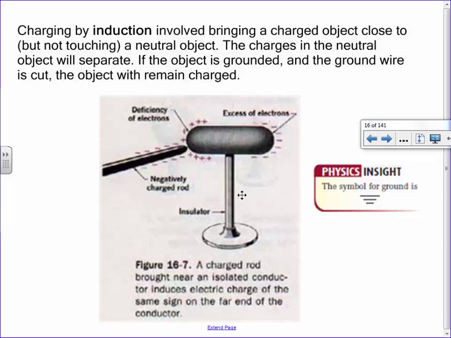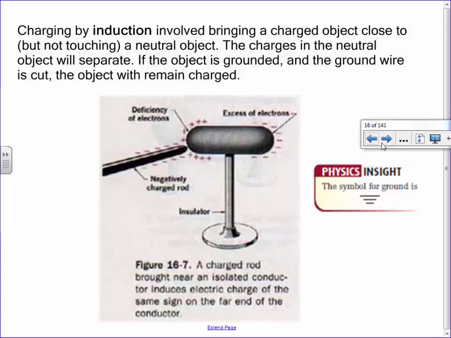I'll even be able to show you that on the Van de Graaff generator on Thursday, the idea of being able to watch the spark jump from here to here as the electrons finally can't take it anymore, and they move from the negative section to the positive section. That big spark, that discharge, is what we know as a lightning bolt. Essentially, it's a form of electricity. It's a movement of electrons.